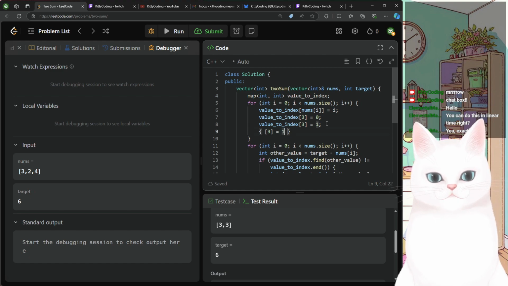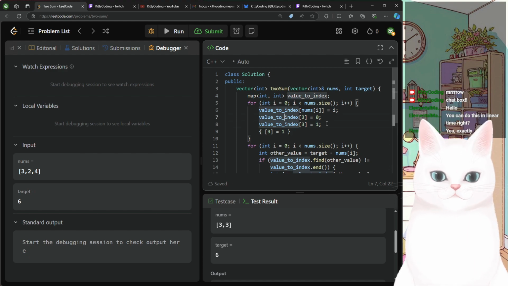Is this going to break everything? And the answer is actually not, because we're going through the array in order. The index that will get mapped will always be the last index where the value occurs, which means that if the same value occurs twice, it will be the final index where it occurs. And because there can only be one possible solution,